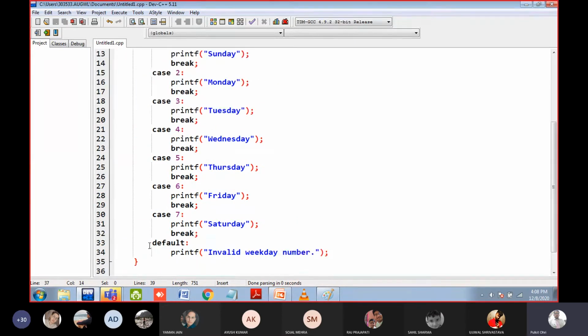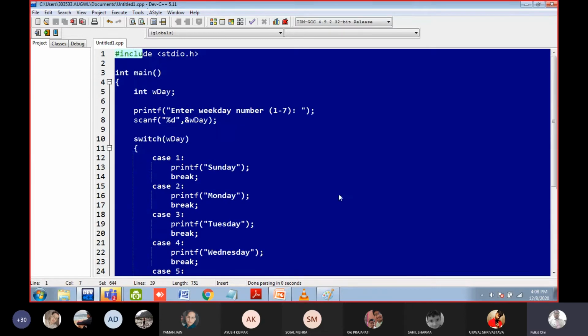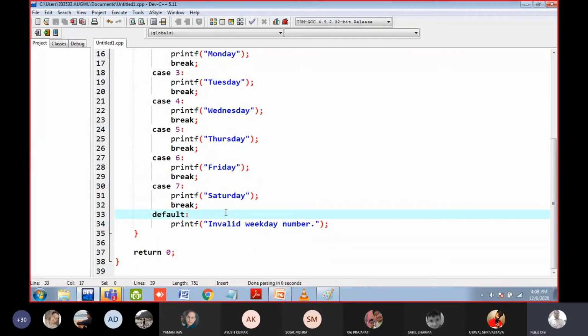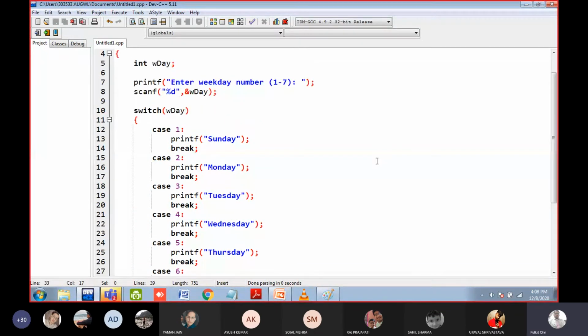Now as you can see, there is a default statement. Default means if nothing is matched, then this will work. For example, here the possible values of weekday are from 1 to 7, yes or no? But let us suppose one user entered number 100, then we need to tell the user that this is an invalid input.